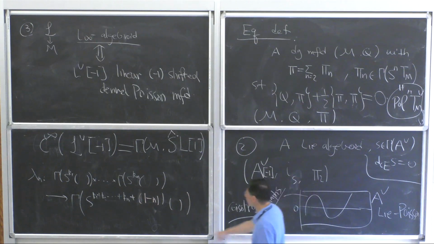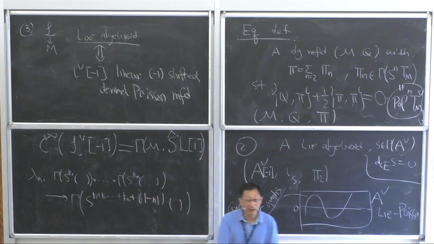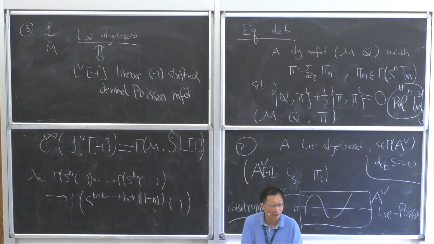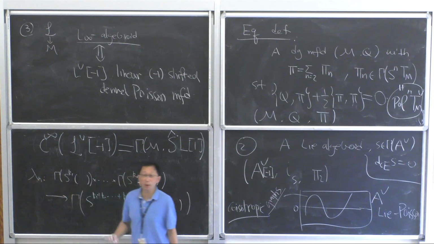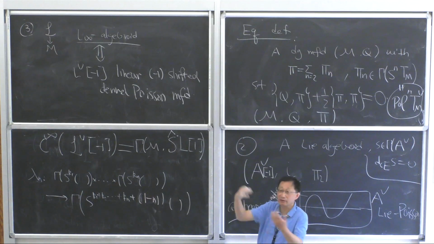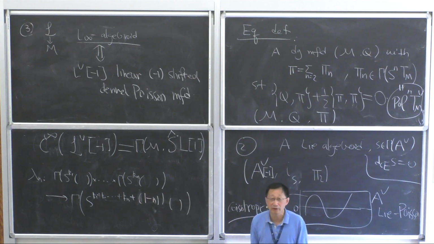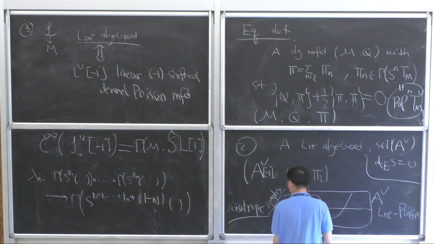So 1 minus n. And you can see if the usual n equals 2, that exactly means a linear section bracketed with a linear section still gives a linear section. You look at the n equals 2 case. So this is an extension of a linear structure. If this homotopy Poisson is linear in this sense, then this is infinite algebraic, and vice versa. So that's another way of thinking. And this is the one example which is not derived in the usual sense.